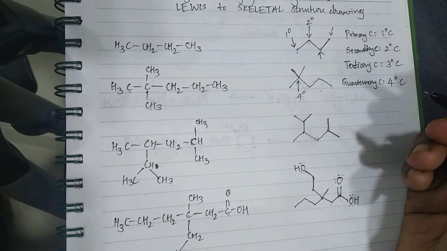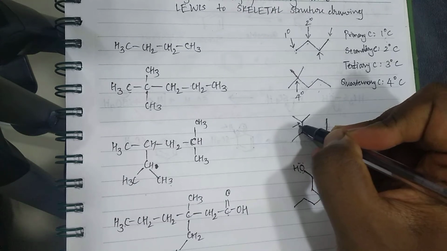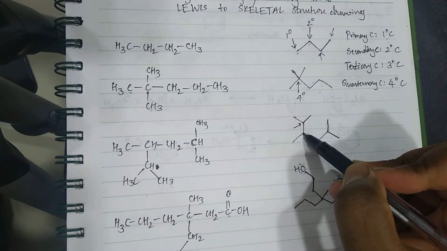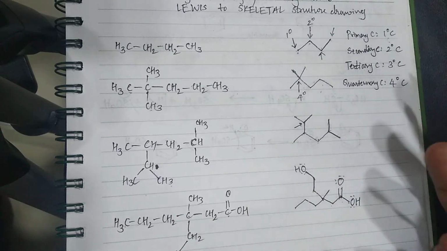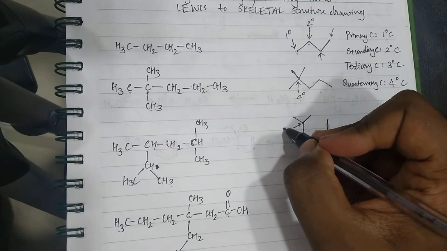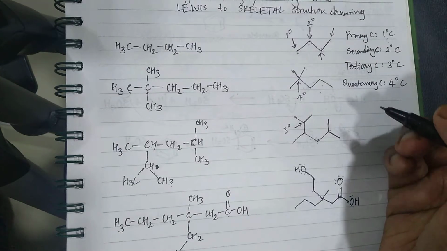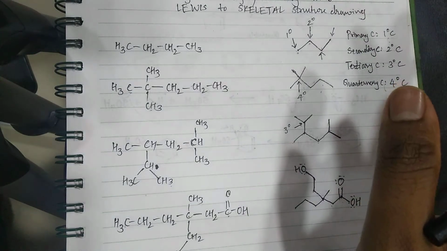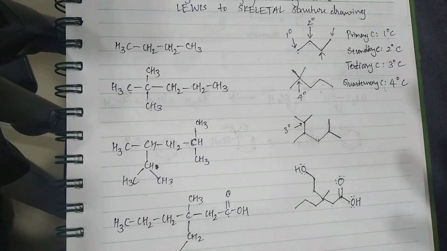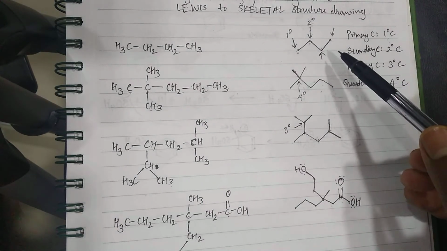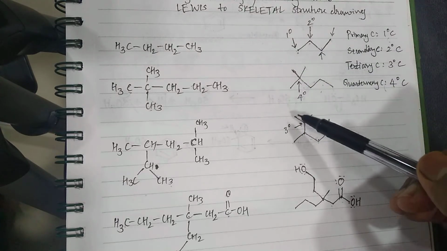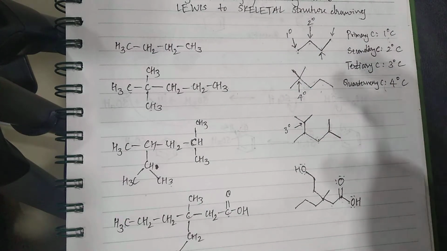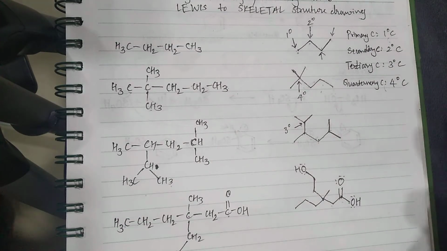Okay, let's try to find out the tertiary carbon atom. Suppose I'm talking about this carbon atom here, this carbon atom is attached to 1, 2, 3. So if the concerned carbon atom is attached to 3 carbon atoms, then it is tertiary. So we can use these terminologies for those atoms which we want to talk about. The atoms I have marked with arrows are the atoms that I want to talk about. So I can talk in terms of primary, secondary, tertiary, quaternary.